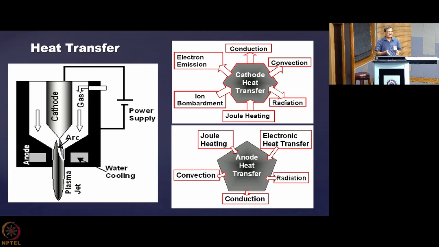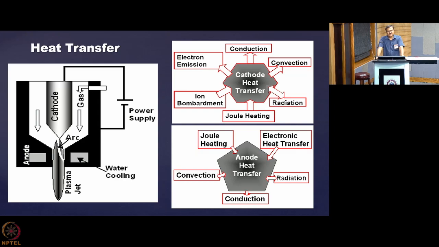It's very difficult to get it. But if you are going for the transfer arc, then the arc is between the cathode and the job, and the rest of the parts are basically isolated, and no heat is extracted through them. The heat that is dumped over the job is the requirement. For example, in a melting furnace, you need to connect that arc to the job to melt it, so you want to deliver the maximum amount of heat there. So in case of transfer arc, you easily get an efficiency greater than 90%. But that is not possible with the non-transferred arcs.